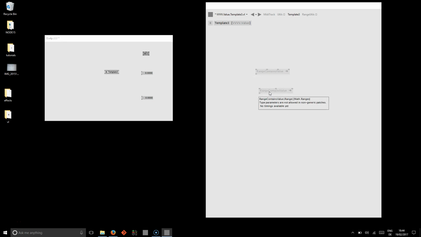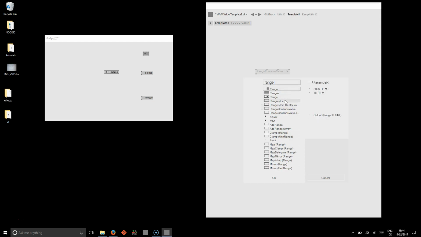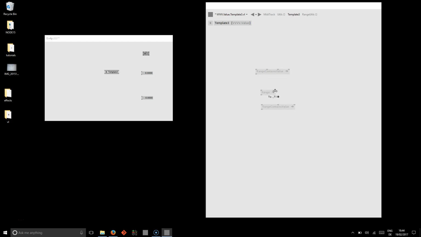And the node comes in a second version. The range contains value with the version range, which takes a range as its input and the value. So instead of minimum maximum, it takes a range, and you can create a range from two values or a range with center and width. That would go here, but is of course essentially the same thing, just with a different way to specify the inputs. And the other nodes I wanted to show you are values to vectors and